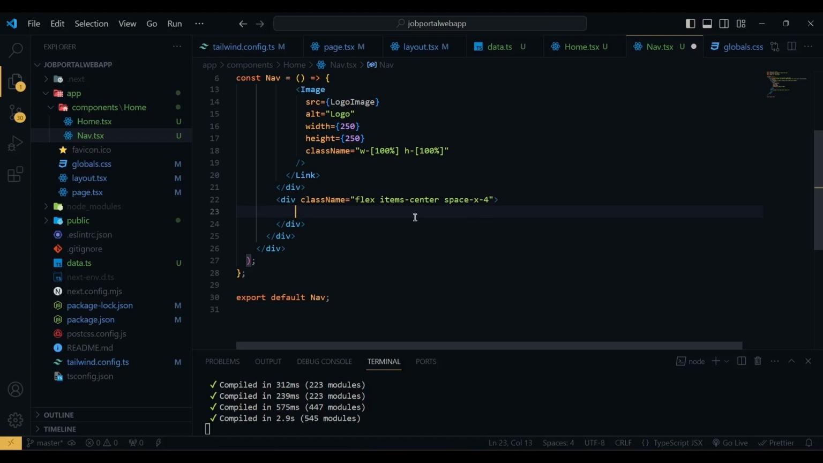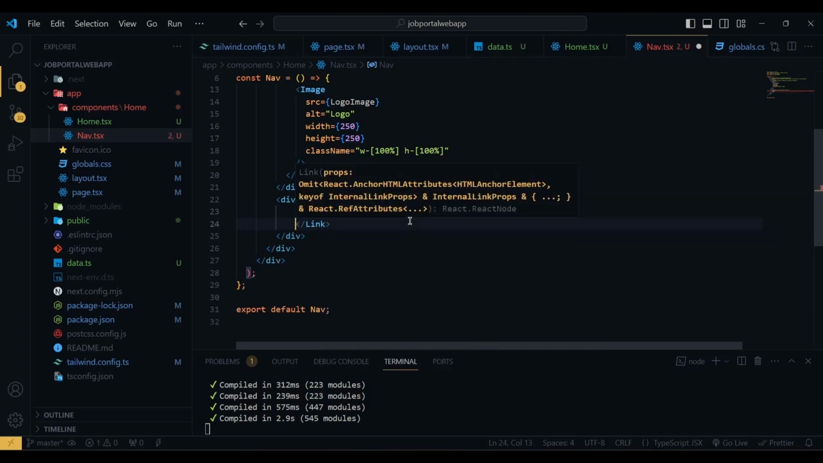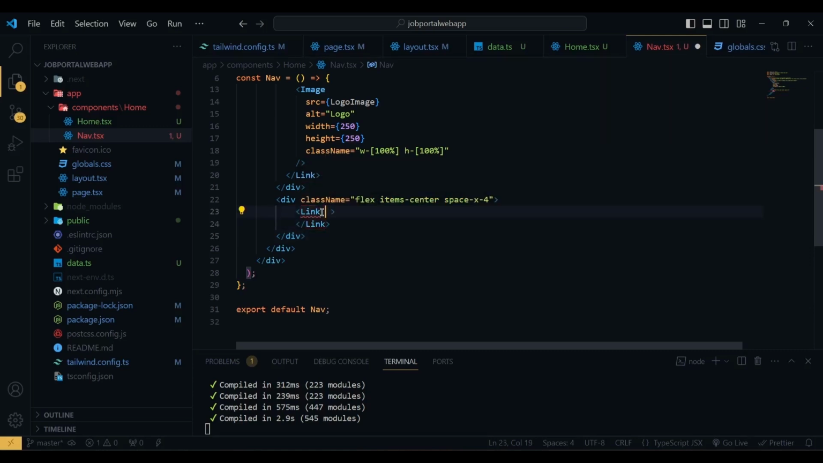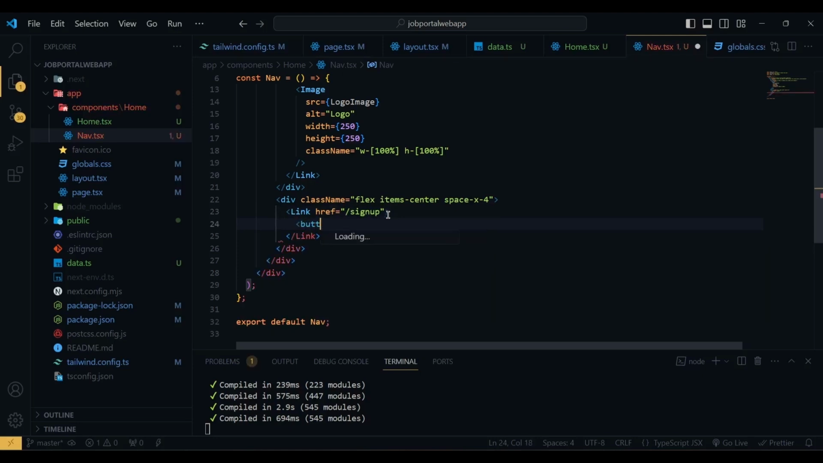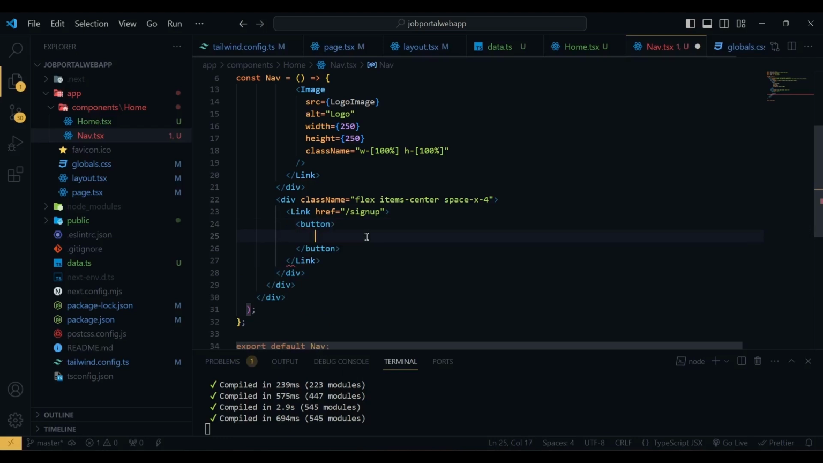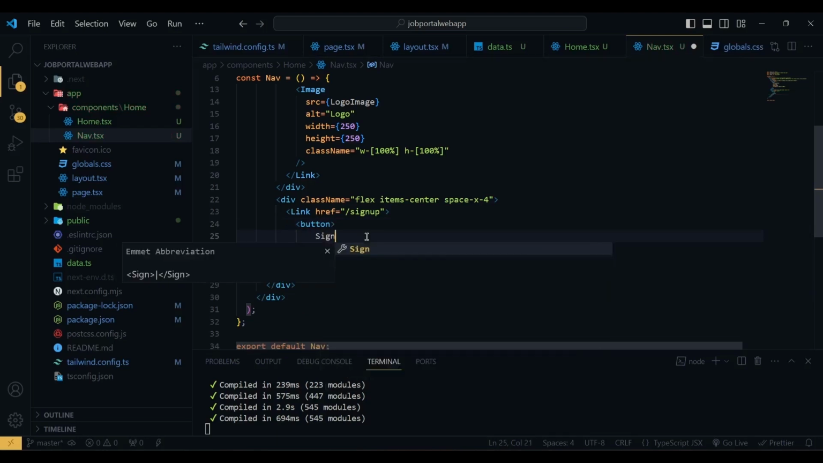So now here we have our sign up button, but here we are also going to use a link. So after clicking the sign up button, we are going to redirect the user to a sign up page. So here for the href, we are going to give a path name of /signup, and then inside this link we are going to use our button. So in the button the text will be sign up. So the button has a class name of